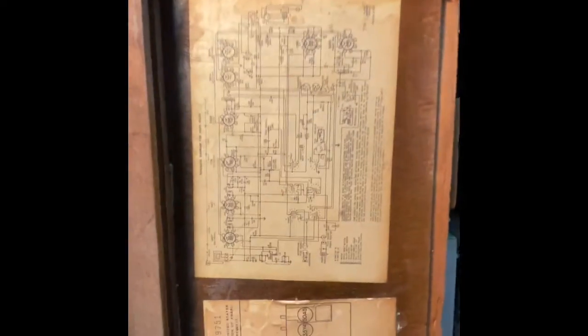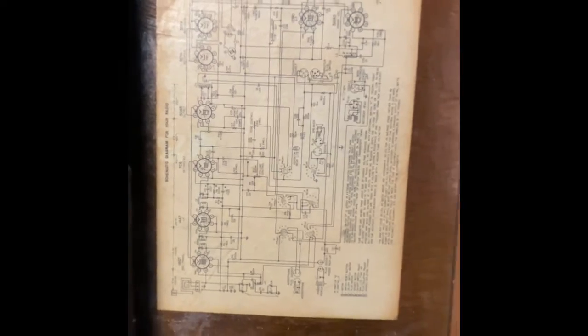This thing is a Silvertone, which is kind of cool. They make guitar amps and guitars that are still really sought after. I love this stuff. It has a schematic right on it, has a tube layout on it. So this tube was missing, but it was inside, and it's actually original. So I think what I'm going to start with, just to see if we can make this thing run, is